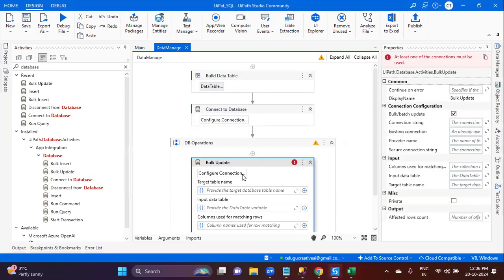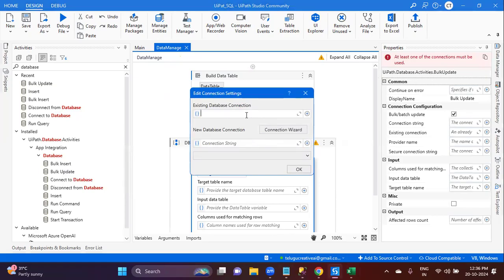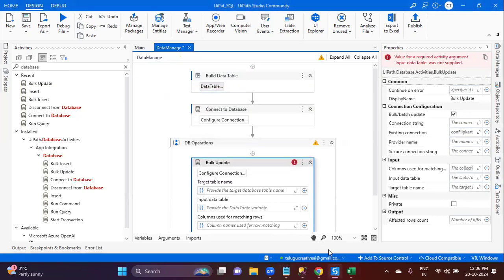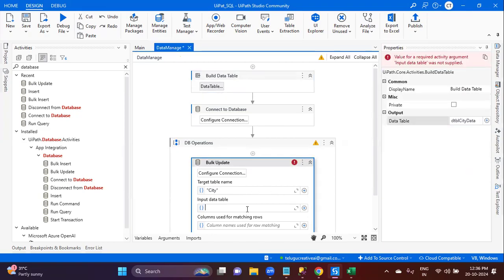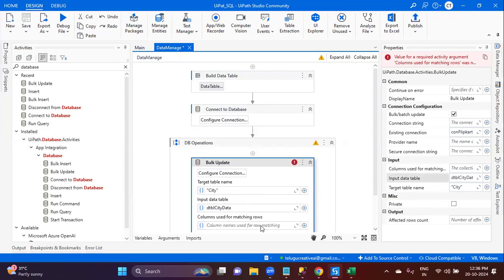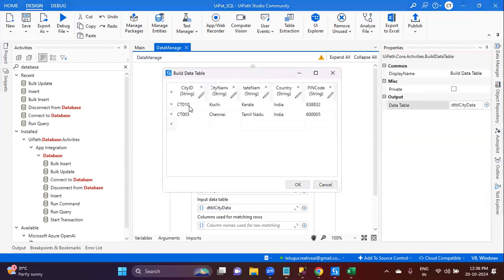Here, first of all, use the connection string, connection Flipkart object. And what is the table name? Table name is city. And what is the data table? This is the data table we have to give. And based on which column you have to update, that means what is the key column? Here the key column is city ID. So based on the city ID, for example,